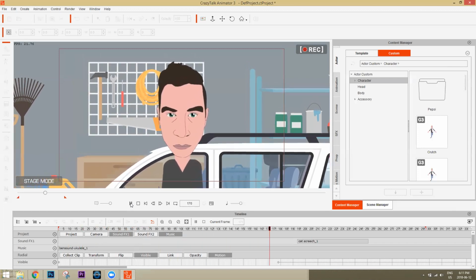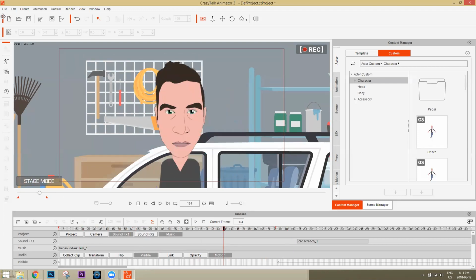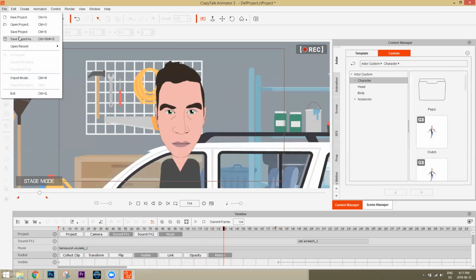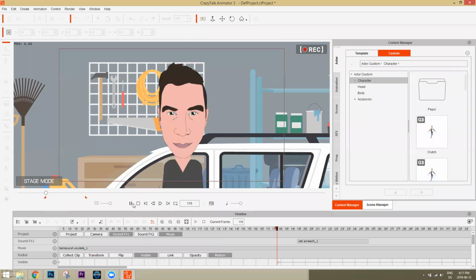Okay, so what I would do is I would click and drag that marker to this point right here. And I would save this project. I would save it as project A, okay? And then what I would do is I would take this left marker and move it all the way up to just hit that first marker, or to the second marker rather, and click and drag this one over here. And then for the rest of it,